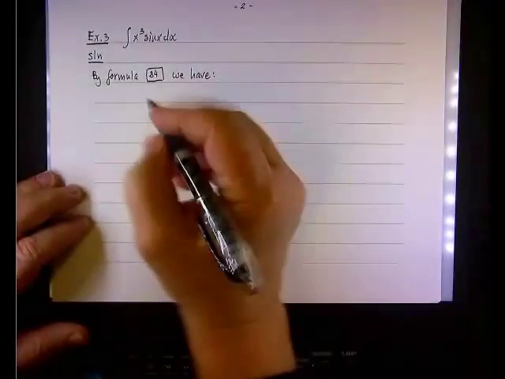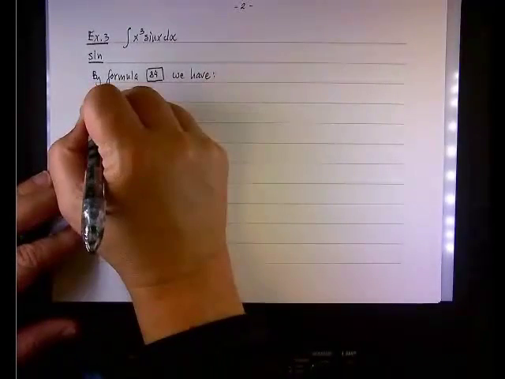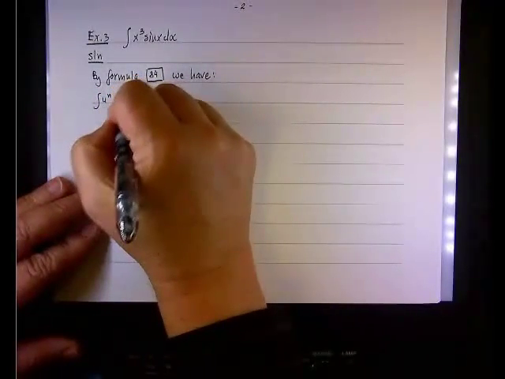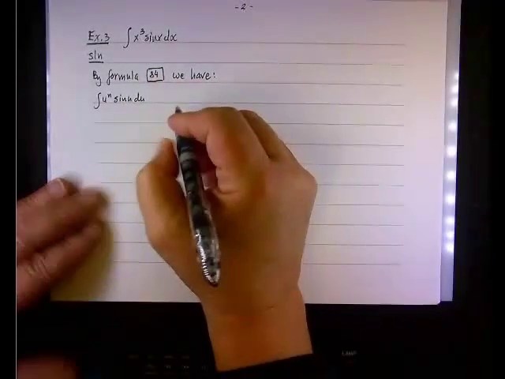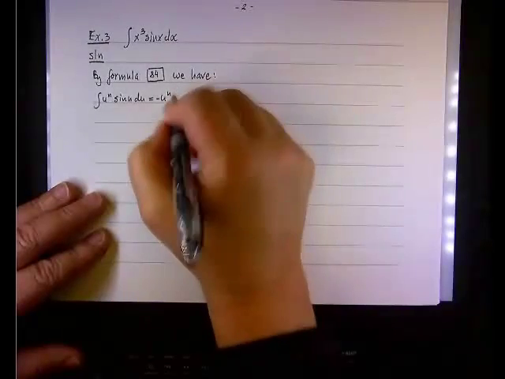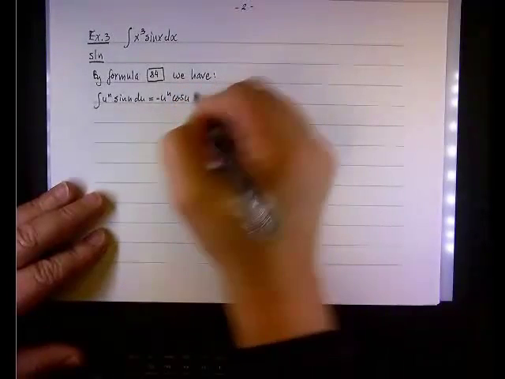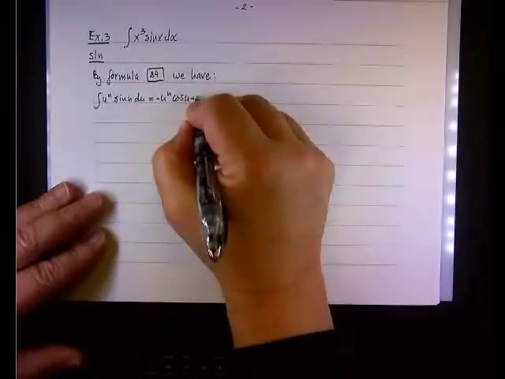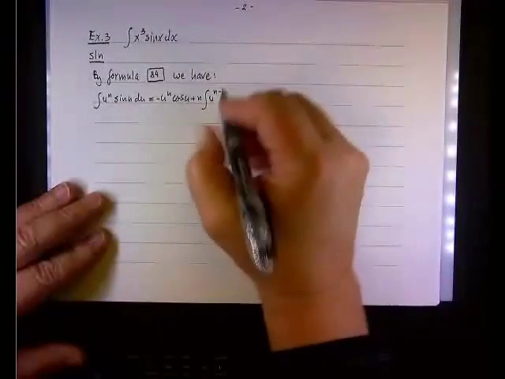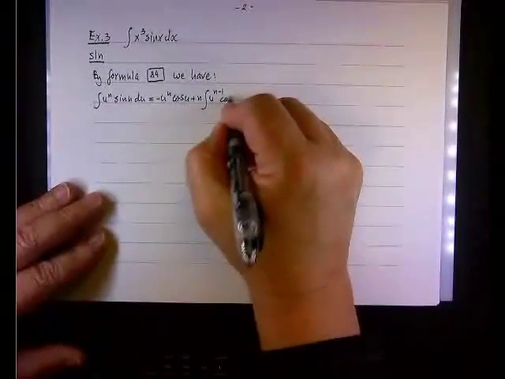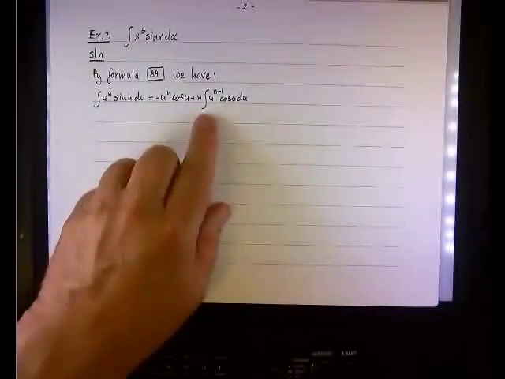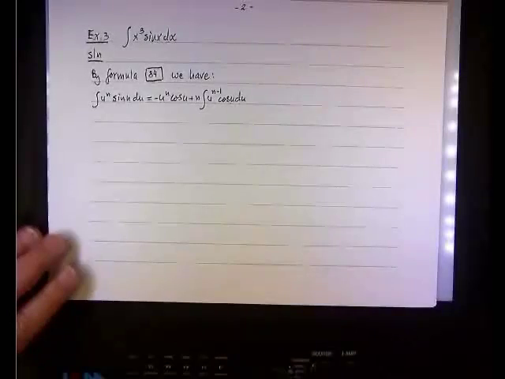So what does formula 84 tell us? It tells us that the integral of u to the power of n sine u du is negative u to the n cosine u plus n times the integral of u to the n minus 1 cosine u du. That's why we call it the reduction formula, because we reduce the power of u by one